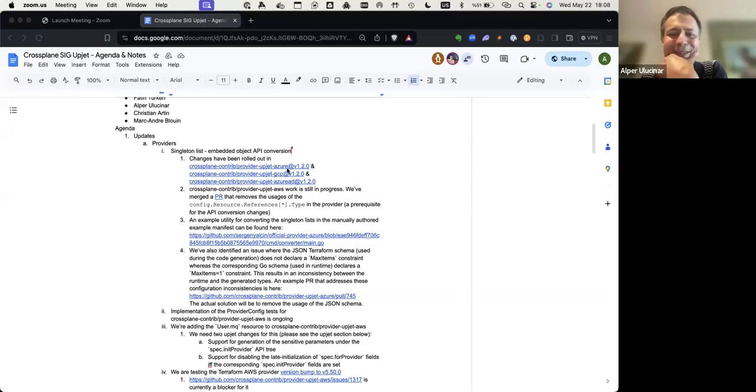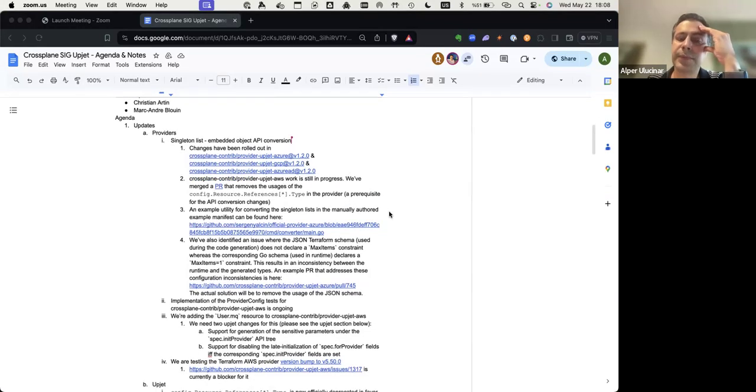And I see Fatih has added provider Azure also here, so it means that the release process runs well. Across these three providers, including provider Azure, we have made this change. The ongoing task is to have these changes rolled out for provider AWS also.